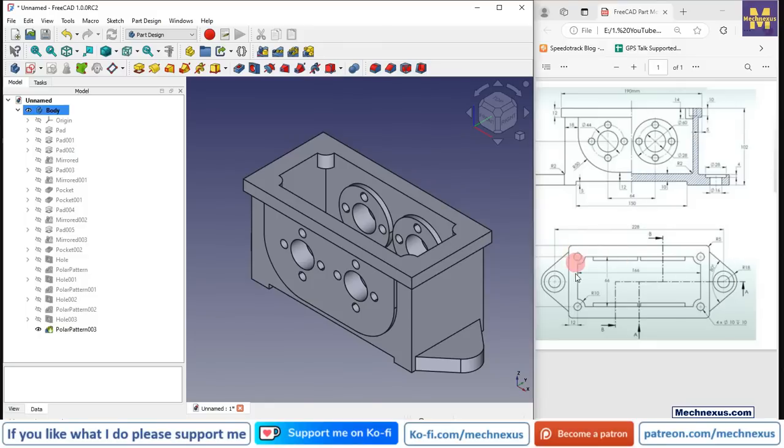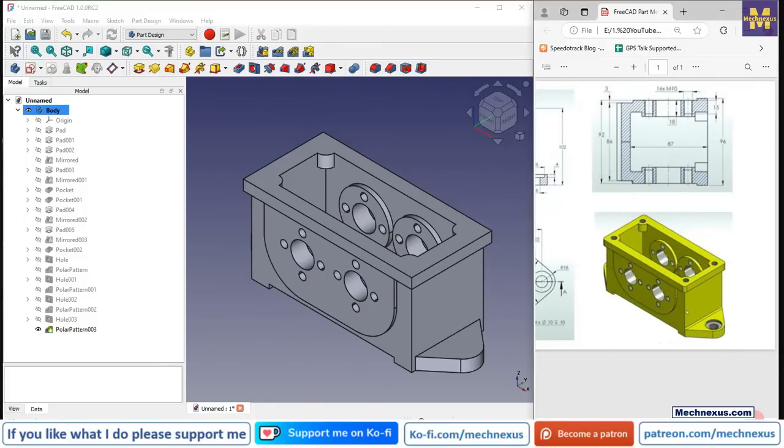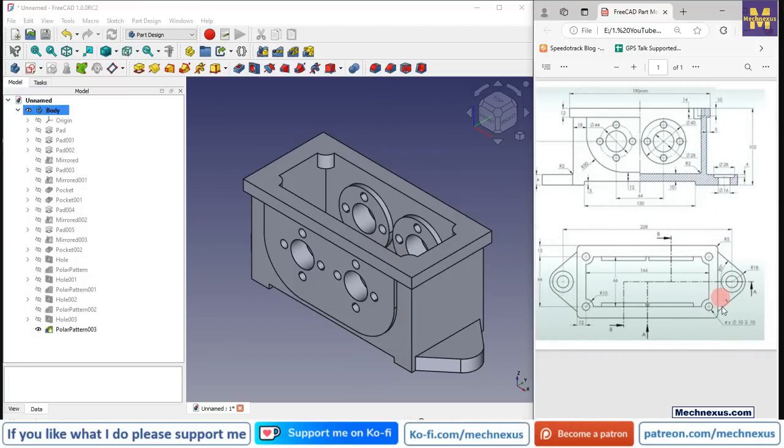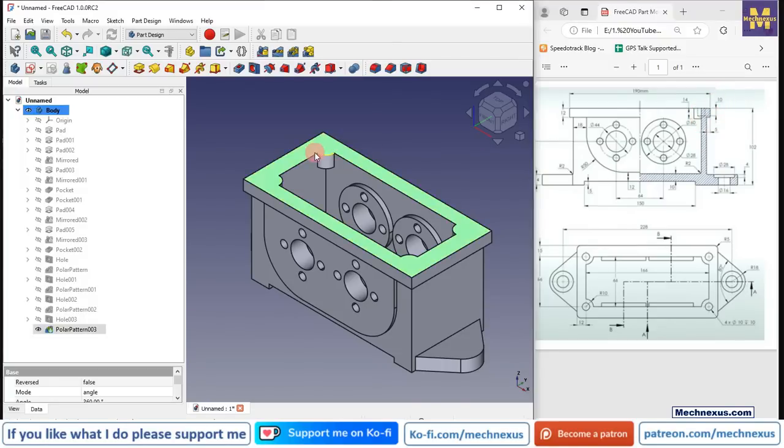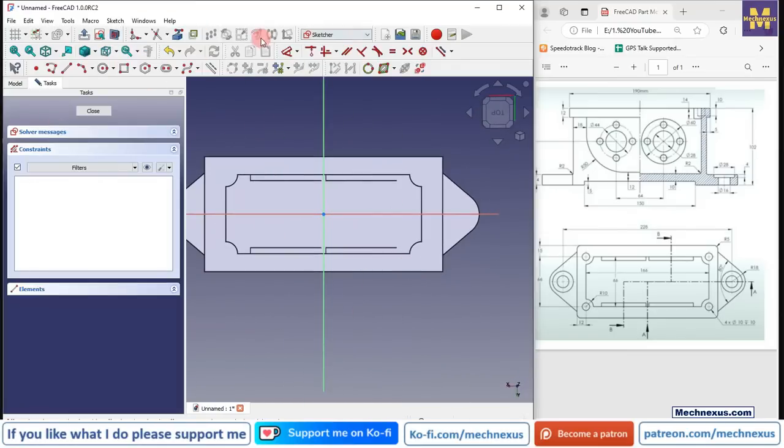Now we will create these 4 holes, which we can also see in this isometric view, and this is the diameter 10 hole with a 10 mm depth, and we can see that depth here as well, and here is a drill angle. So we will make this feature with a hole wizard, not with this pocket, because we want this drill angle here. So first select the face and click on the sketch, click on the project geometry and project all these 4 arcs,